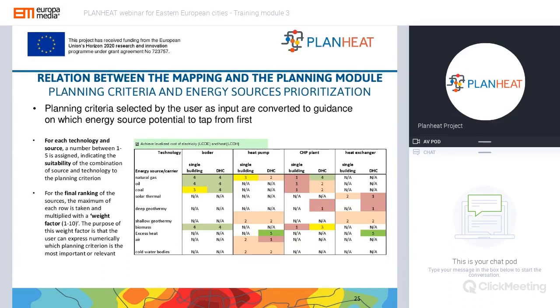For instance, natural gas boilers can be very cost-effective. However, they will score quite poorly with respect to achieving a higher penetration of renewable energy or a reduction in greenhouse gas emissions. For that, the user may prioritize greenhouse gas reduction, while still, to a lesser extent, taking into account the cost of the solution and, for example, noise reduction.